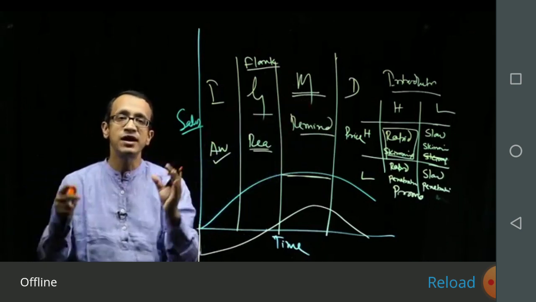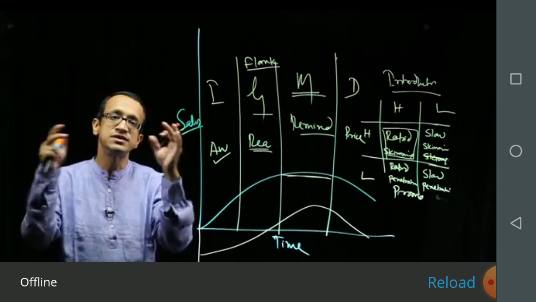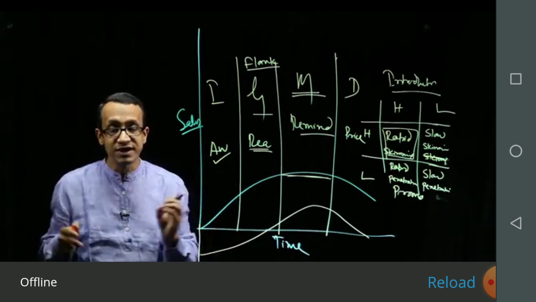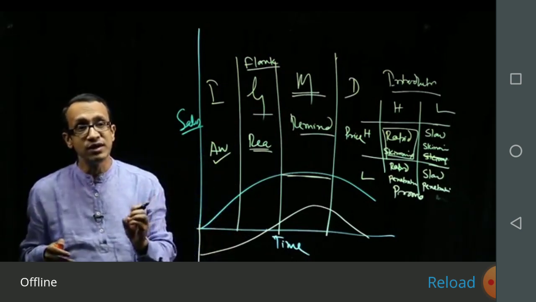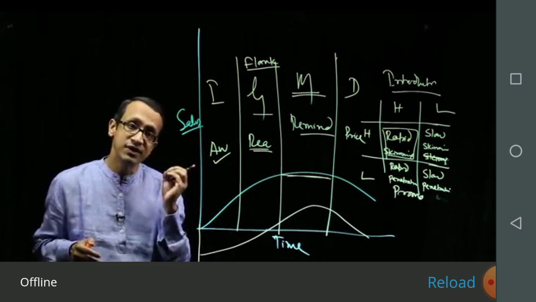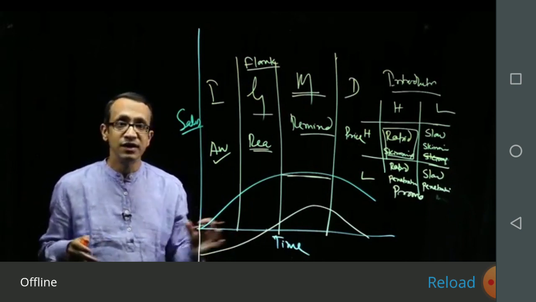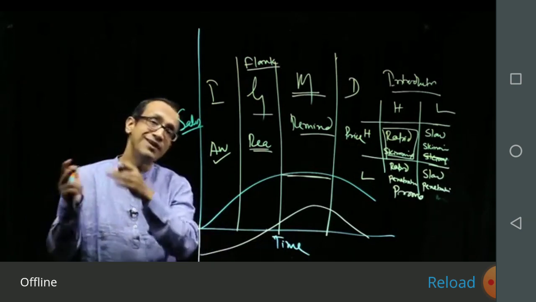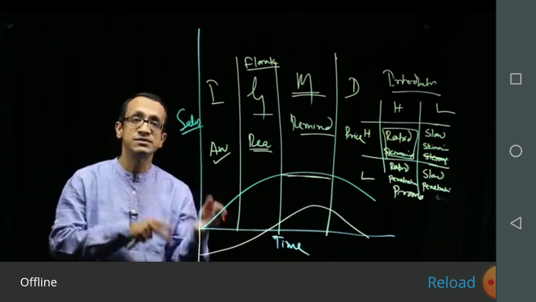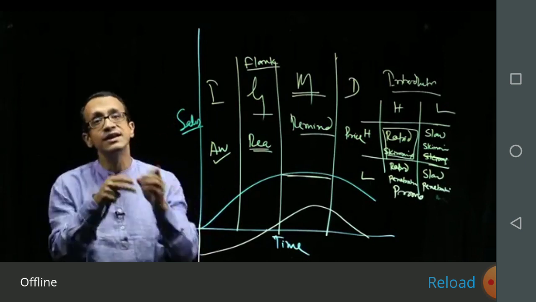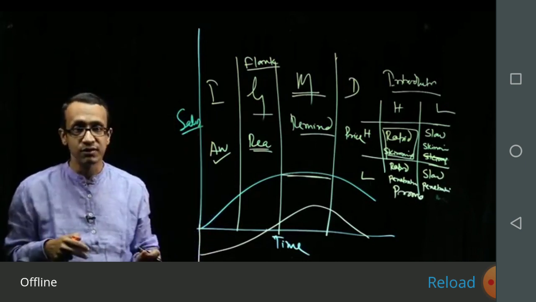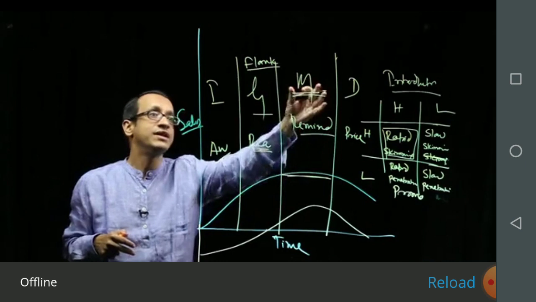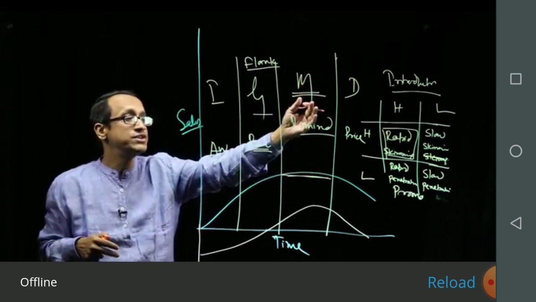So the market will be constantly going through consolidation and refragmentation. For example, if you are reducing the price this week or giving a discount this week, then your market share will go up. But next week or next month, if a competitor does that, then his share will go up and your share will come down. So these kind of things will keep happening. This is the characteristic of the maturity phase.